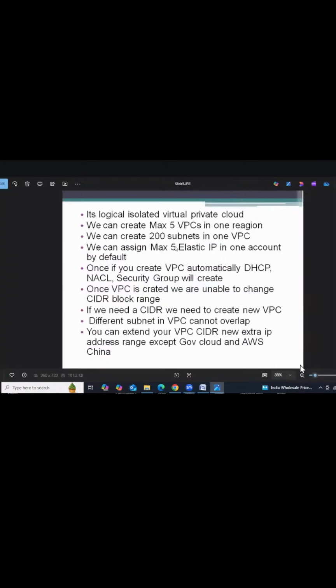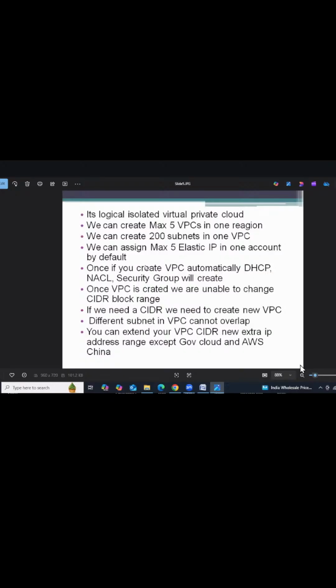So clear? In the same way, coming to AWS, we have the Elastic IP address, which is a static IP address. How many elastic IP addresses do they provide for us? Maximum 5. If you need to deploy more than 5, you need to request Amazon, and they are going to increase your static IP address count.